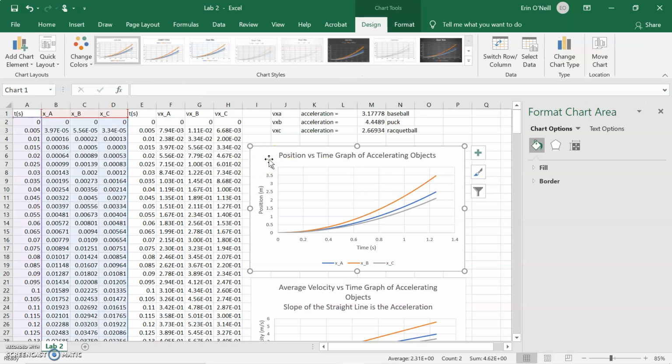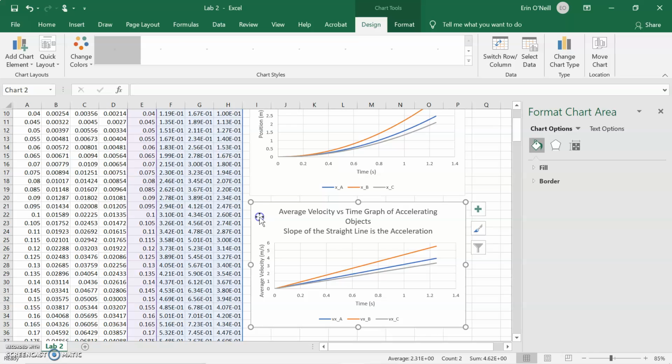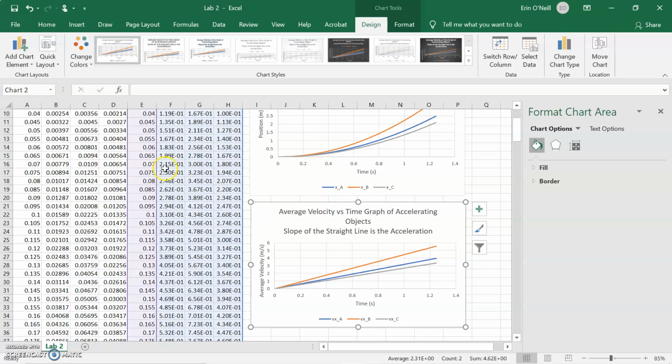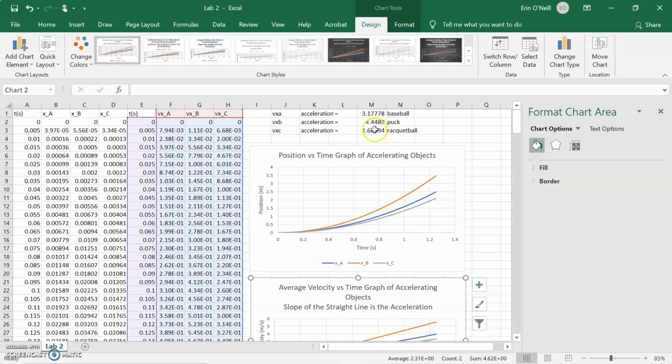This is the position versus time graph, and then this is the velocity over time, which the slope of this shows the acceleration, so you can see they're all constant accelerations, and that object B goes the fastest, A goes the second fastest, and C goes the slowest, which makes sense here